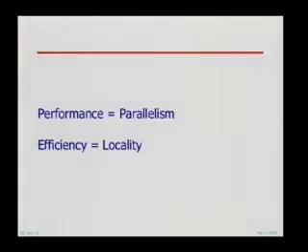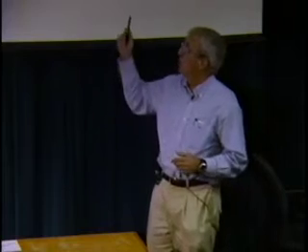The goal then is to minimize communication. So if you remember nothing else about this lecture, you should remember this slide, which is, given the constraints of modern technology, the way we get performance is through parallelism, right? We're not going to squeak anything more out of doing things out of order to issue things, and actually that was parallelism anyway. The way we get performance is by putting tens to hundreds of arithmetic units down on a chip. But the way we get efficiency is through locality, because the only way we can keep those arithmetic units fed is by feeding them with data that is right next to them, only rarely going globally on the chip, and even less often going off chip to get that data.